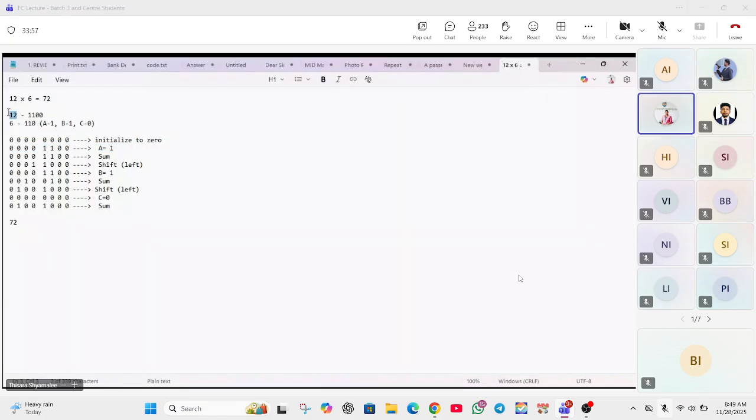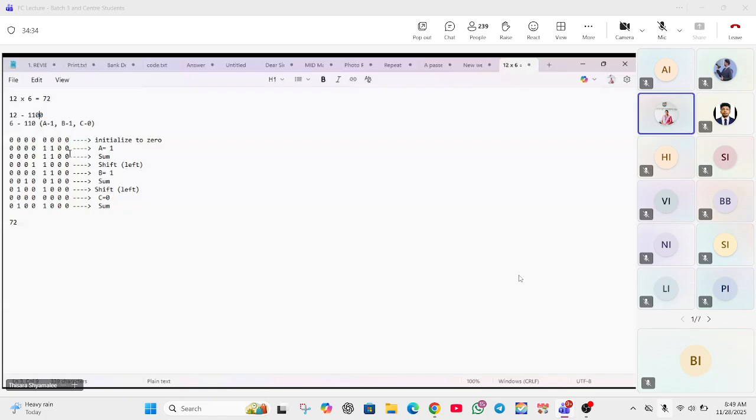Then the next step is, you need to multiply this 12 by the A value. What is the A value? A is 1. So here the A value is 1. You need to multiply this binary 12 value by the A value. So if we multiply this binary value by the A value, 1 0 1 multiplied by 0,